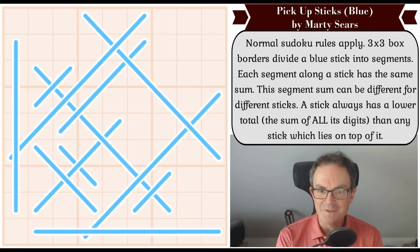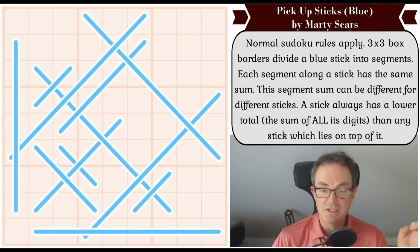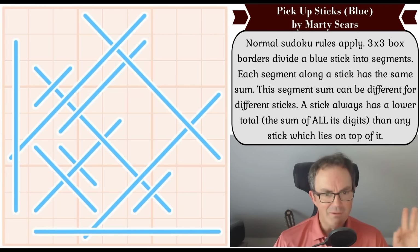I'm battling hay fever and heat today to bring you a new puzzle. This one is Pick Up Sticks Blue by Marty Sears, and I did my first of these Pick Up Sticks puzzles just the other day, and I loved it so much I thought I've got to revisit this series. There's a whole series of these that Marty has created, and it's just a lovely idea